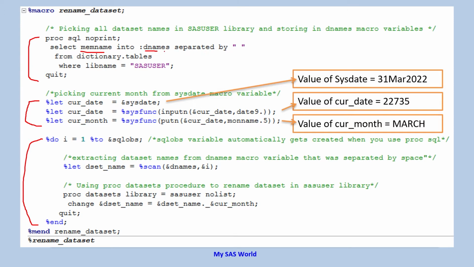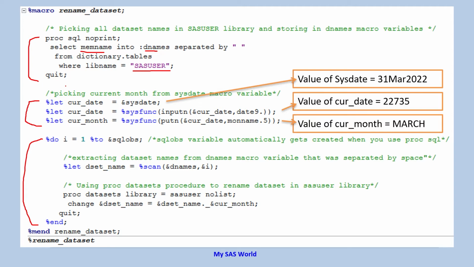So this way the dataset names will be stored into the dnames variable separated by space from dictionary.tables where libname equal SASUSER. So all the dataset names present in SASUSER would be assigned into the dnames macro variable separated by space.